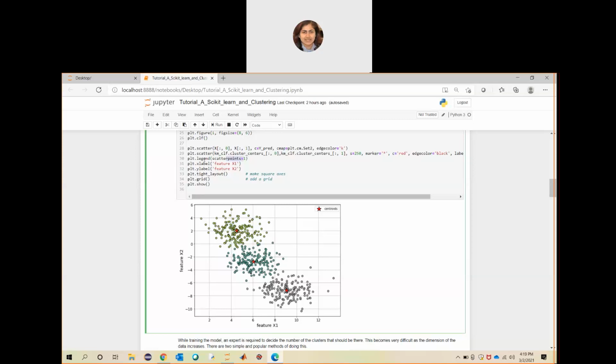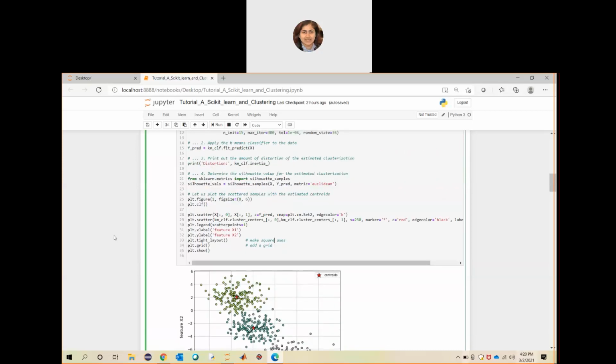So these are just for the legend, it will add the legend at the top. The asterisk is the centroid. X label is the x-axis text, y label is the y-axis text. To place the plot in a defined way, you are using the tight layout function. And this grid function will enable the lines within the plot, which makes it easier to visualize the x-axis, y-axis value of each data point in the plot. And the show function is to show the plot in the output.